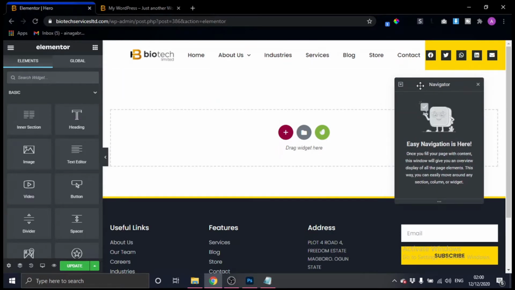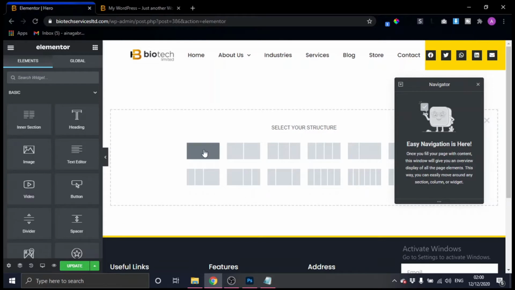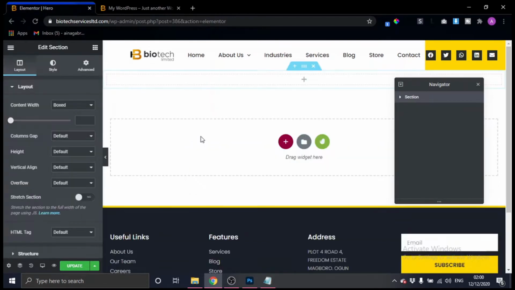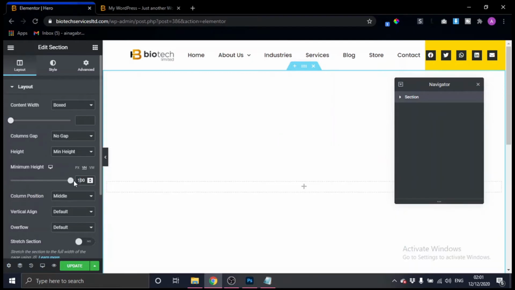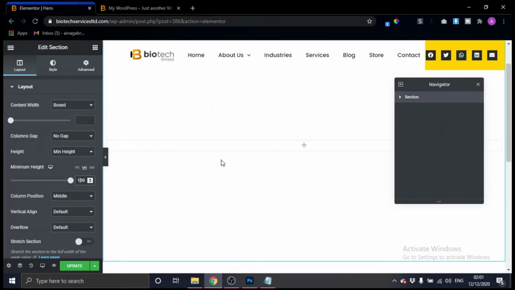Okay, so the first thing we need to do is to create a new section, and I'm going to create just one section here. I'm going to leave it as boxed. The column gap, I'm going to make it no gap, and then the height, I'll be setting it to a minimum height of 100 view height. Okay, that is it.